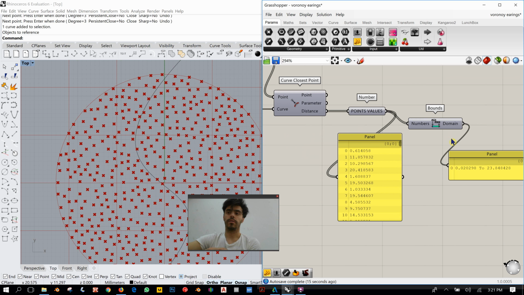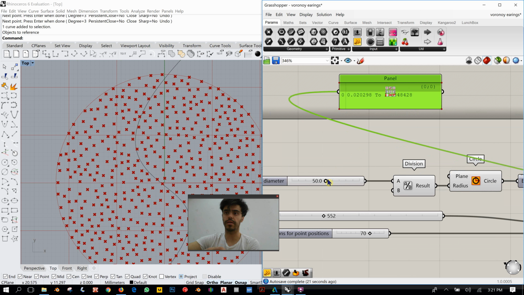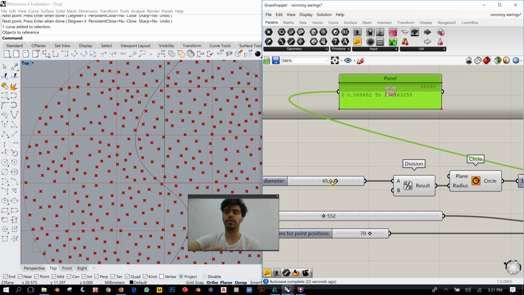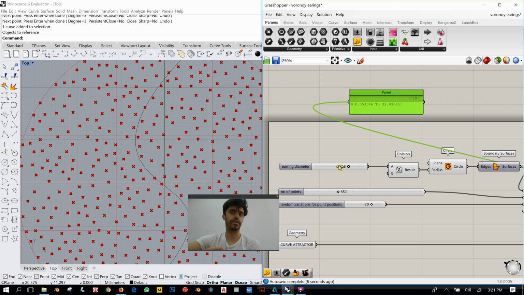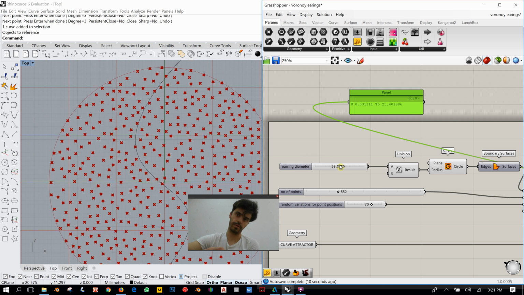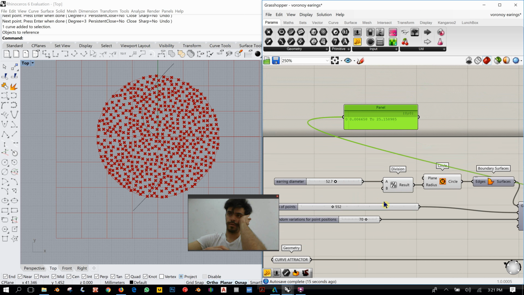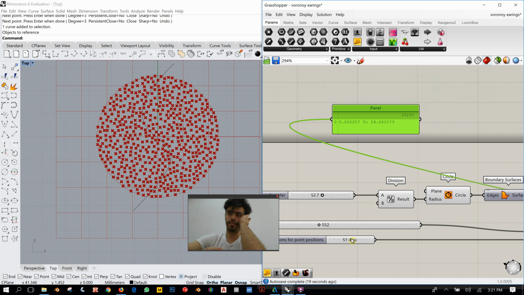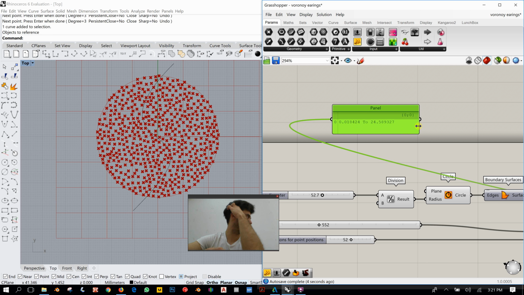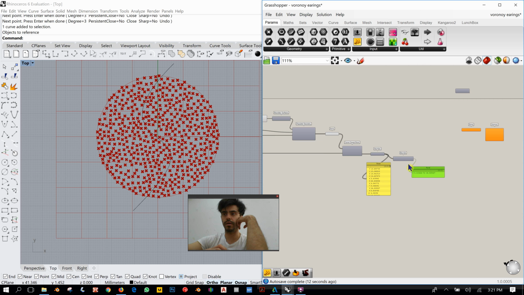But this value, of course, will be modified if I modify the size of the earring, for example. It probably will be modified also if I start modifying the seed value and so on. I don't really want to bother with this range. I just want to make everything between 0 and 1. It's easier to work with. So, in order to do this, we're gonna use a simple